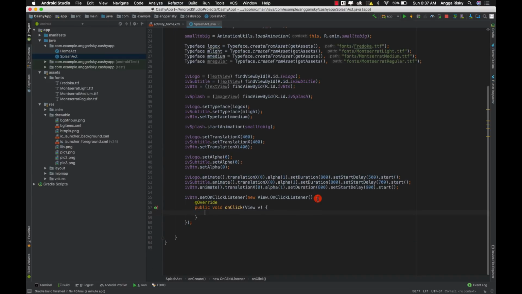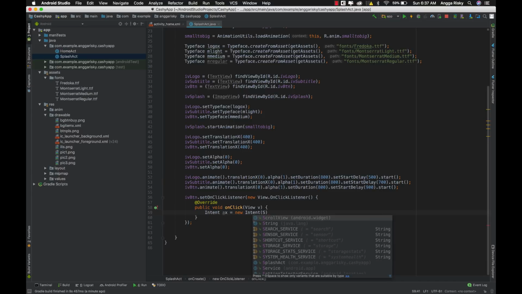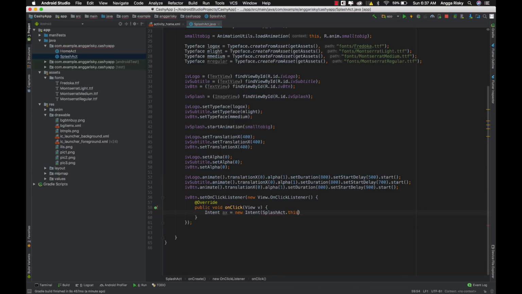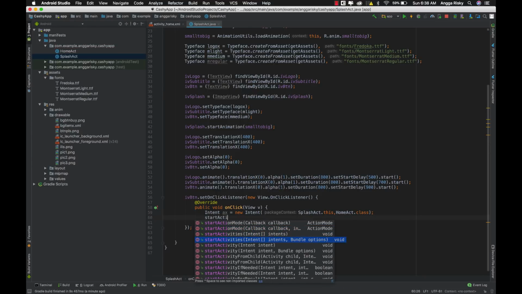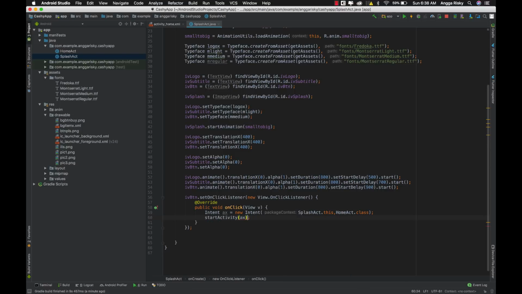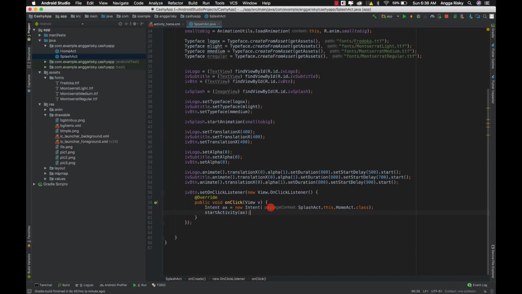like this. Okay, and after that we have to make an intent, a new intent, splash activity, this, and then after that we have to go to home activity class. Okay, and start activity. Okay, but I want to make it slide, so we have to give the sliding